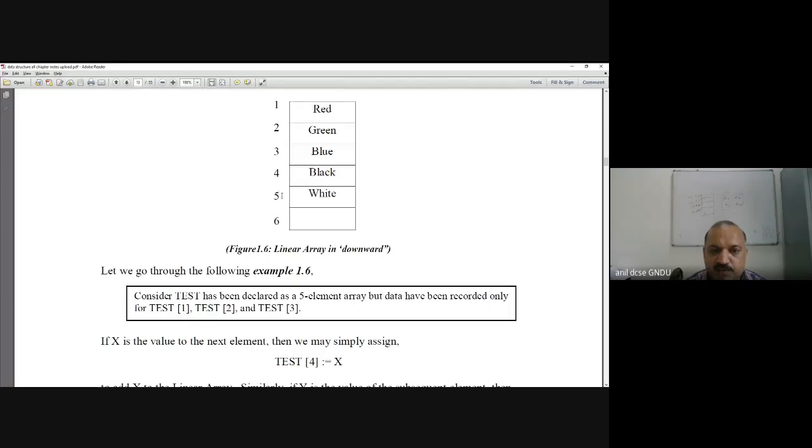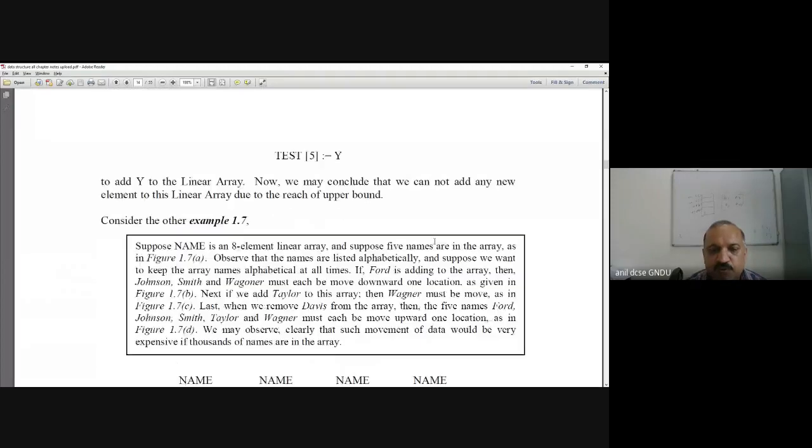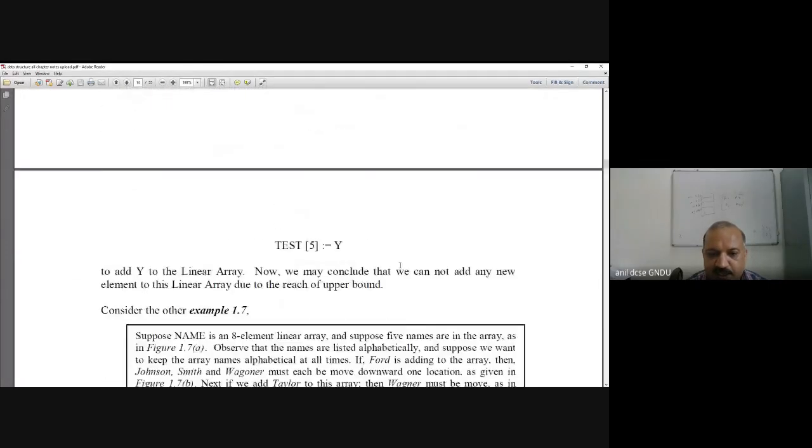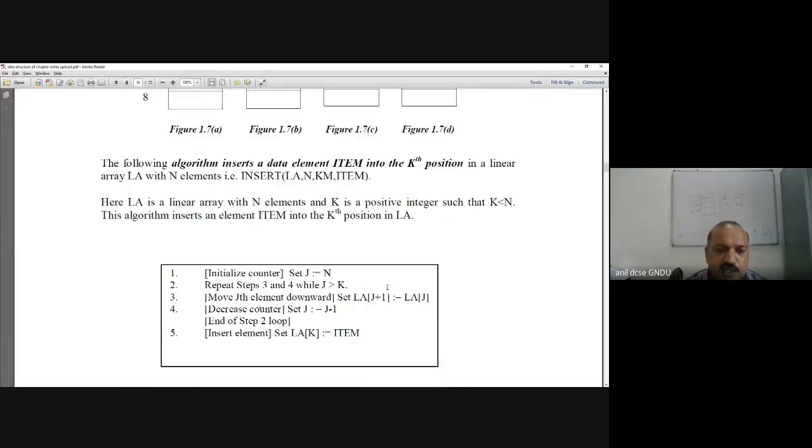Here first j was 5, now j is 4. In the previous step white has moved downwards, and now black will move downwards in the next step. Clear? So this loop will go on till we reach k.